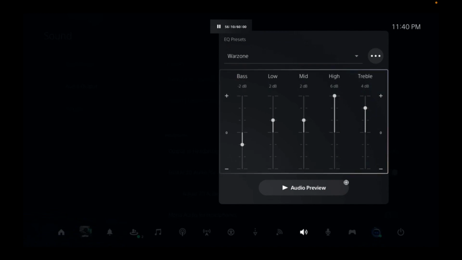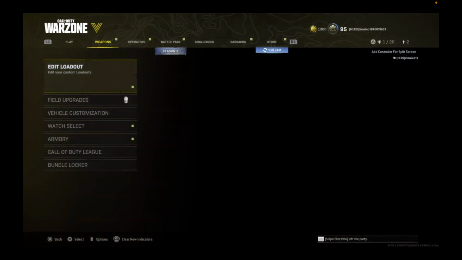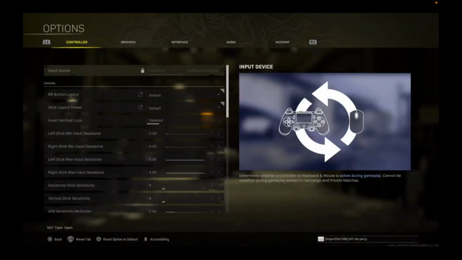So you want to make sure that your high range is at the highest. That's under where the footsteps are, so you want to make sure you hear those. Ones like bass, I keep them a little bit down because the bass is so loud it will distract all the other important sounds that I need. Now, once you have this configured, let's go inside the Warzone game and we adjust our audio there.